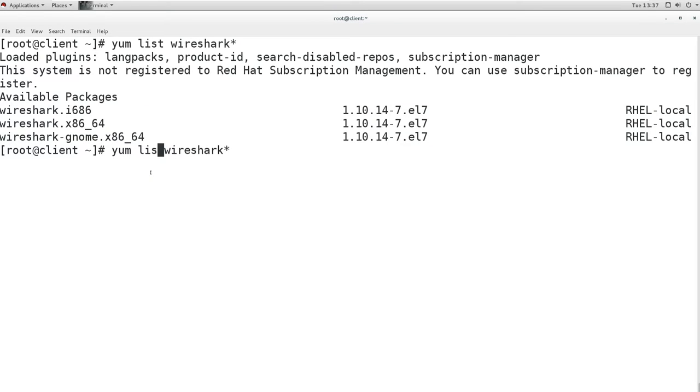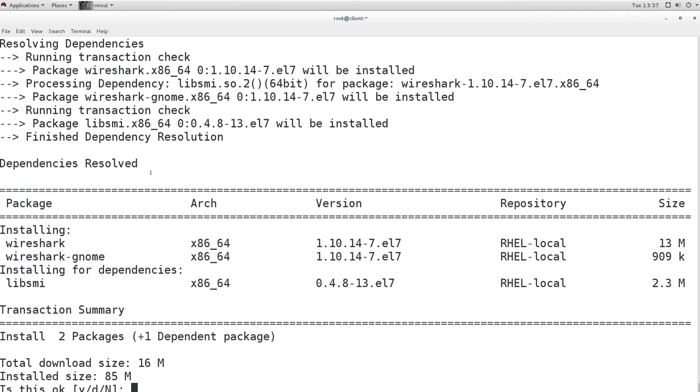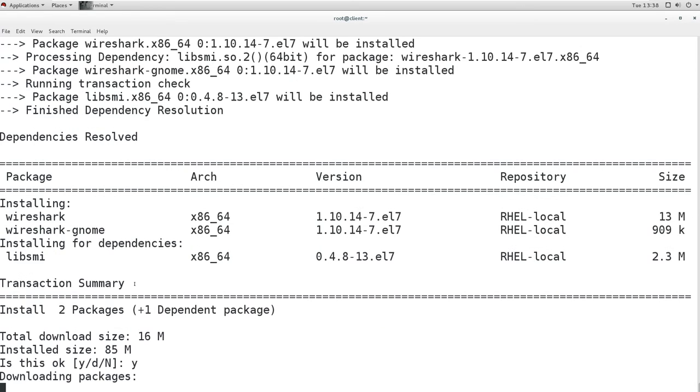So I can run the install command. Now what it is doing, it is downloading the package from our own local yum server. It is not going to the internet, and it is going to be installed with all dependencies. So these are the dependencies, these are the packages, and it is all going to be installed.